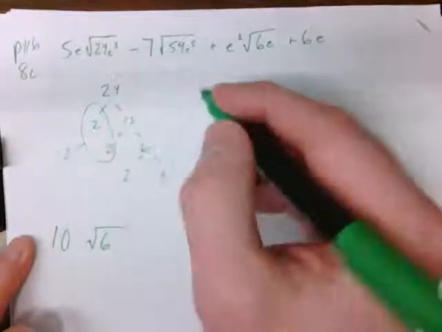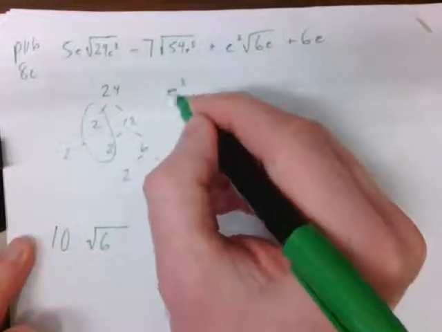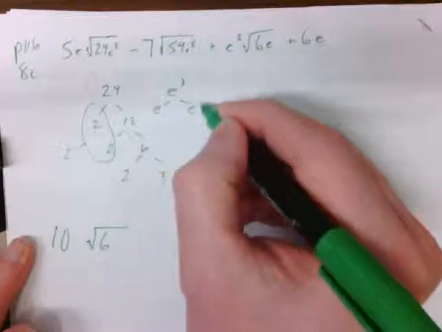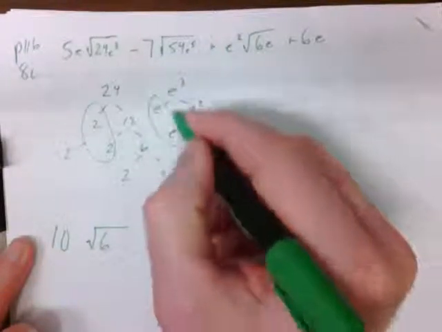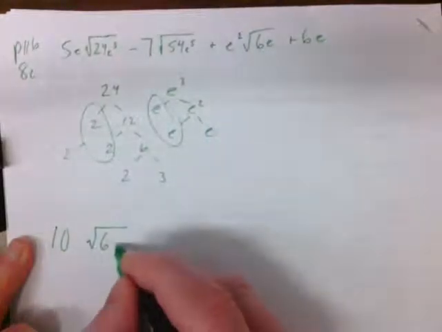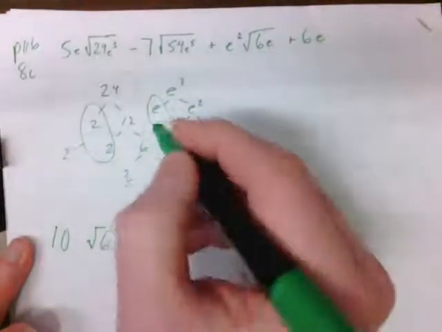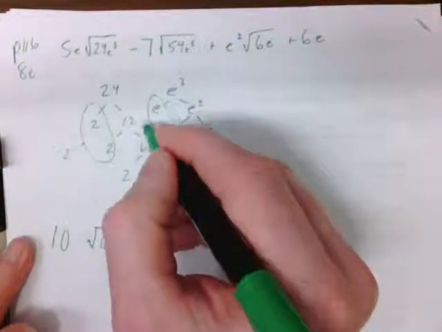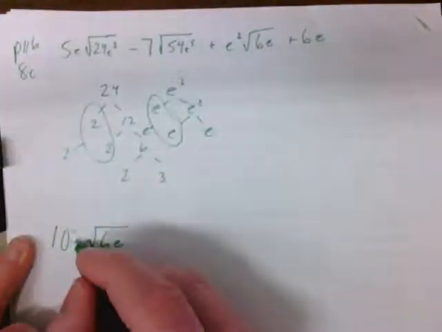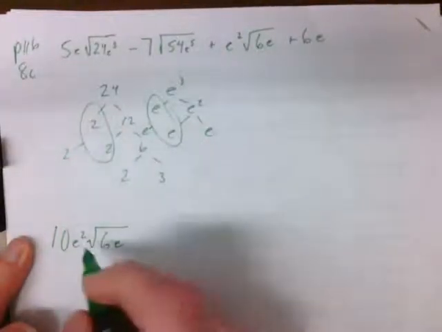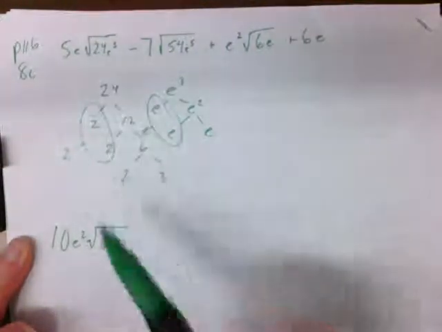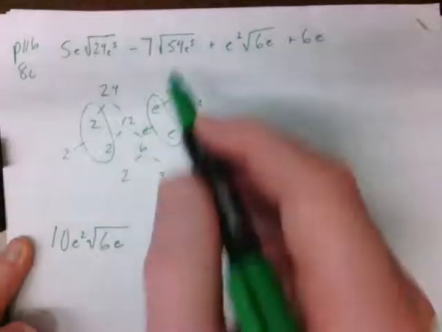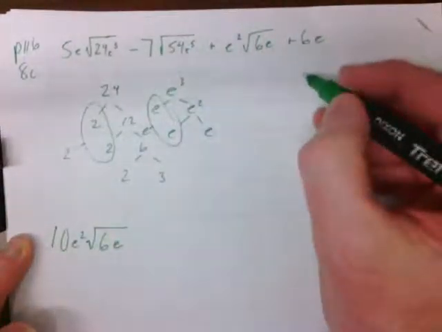e cubed, you can think of it like this. e cubed is e times e squared, which is e times e times e. 2 e's come out, 1 stays in. So this is just 1 e that comes out. It's going to multiply that e. So that's going to be e squared. 10e squared root 6e. This is exactly the same thing as this. It's just simplified. Now if we do the 54e to the 5,